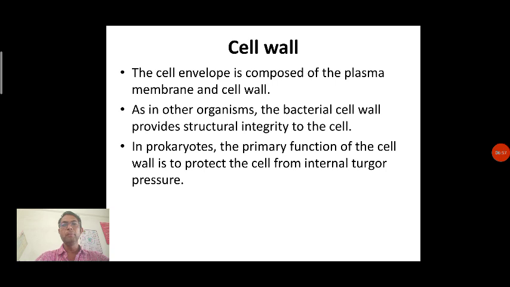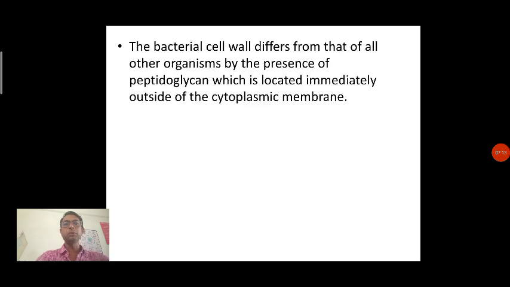So the cell wall is protective in nature. It maintains the pressure which is present from the inside, and it also protects the cell from external pressure. So it is nothing but protective in nature. Now this cell wall differs from that of all other organisms by the presence of peptidoglycan, which is located immediately